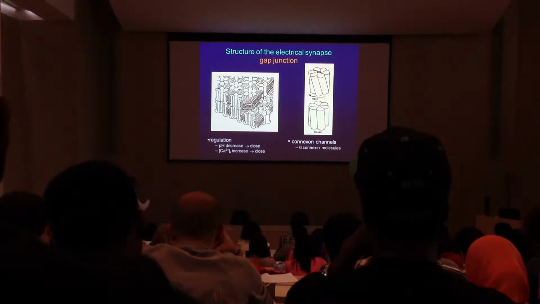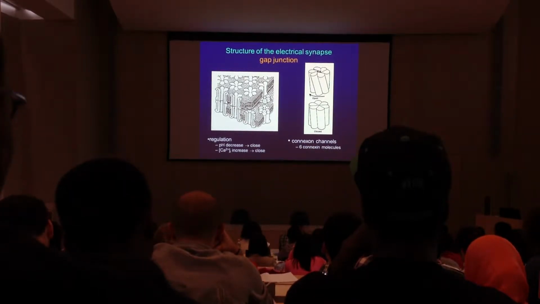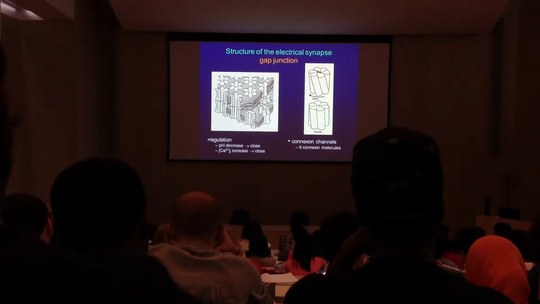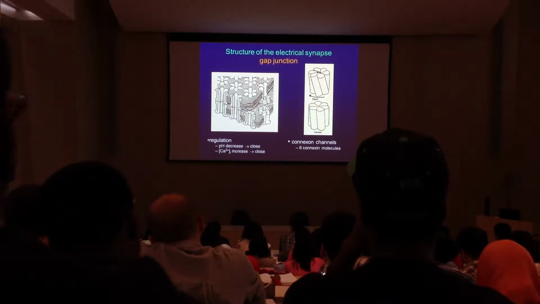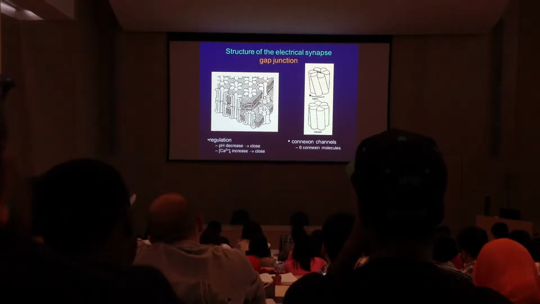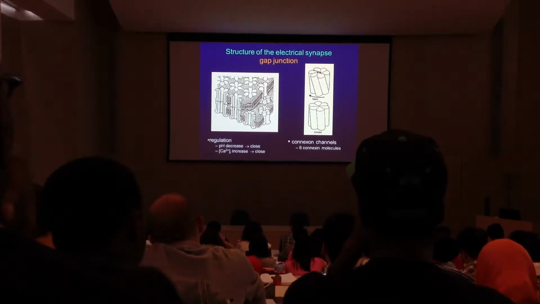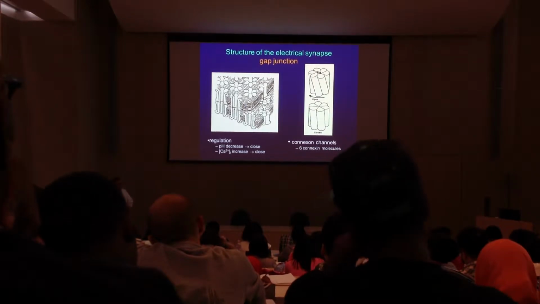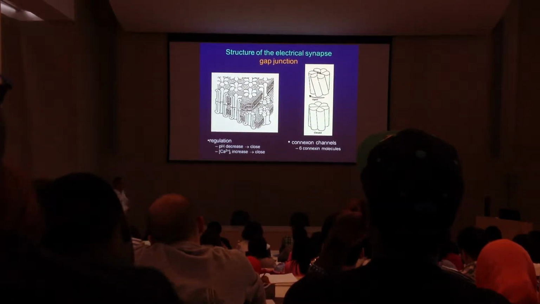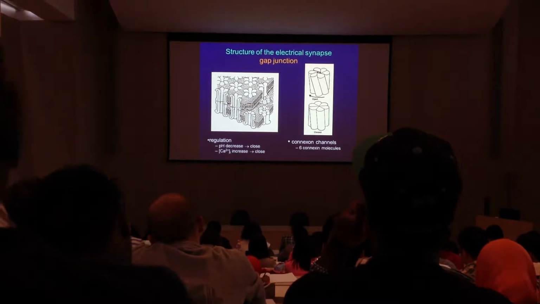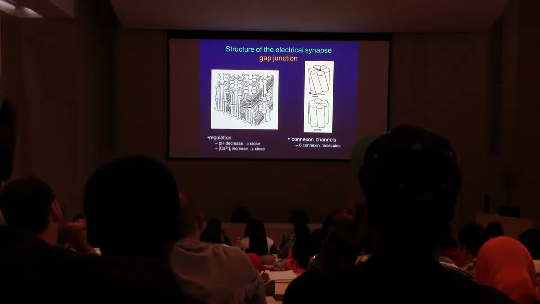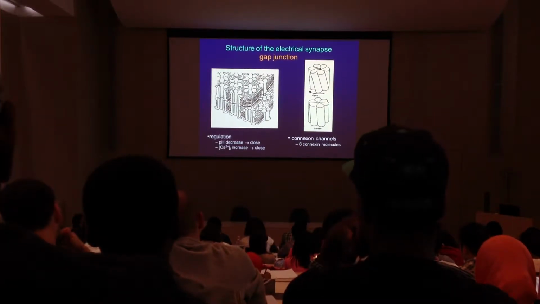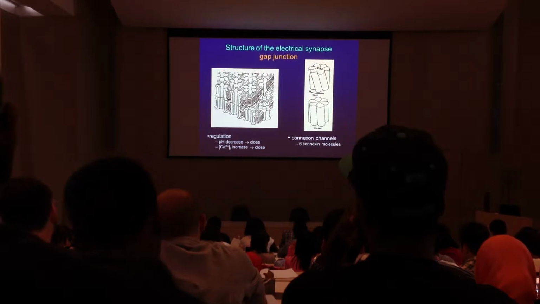And they form a pore, and the two membranes and the pores in these membranes are organized such that the two channels are just underneath one another. So they can form a big pore that goes from the intracellular space of one cell to the intracellular space of the other cell. These pores are huge. Not only ions, but small molecules, organic molecules, can pass through these channels. However, they can also gate, that is close or open.